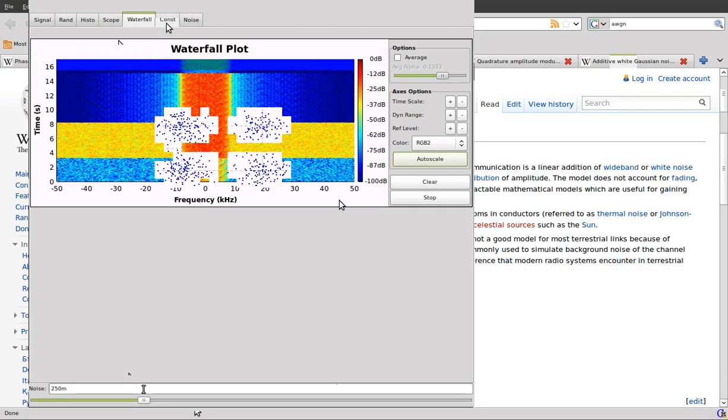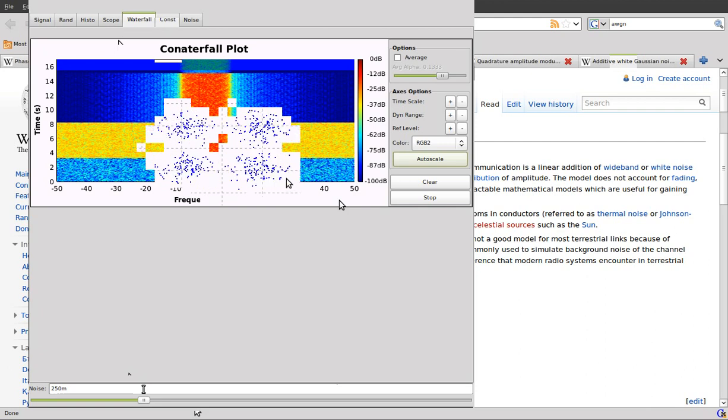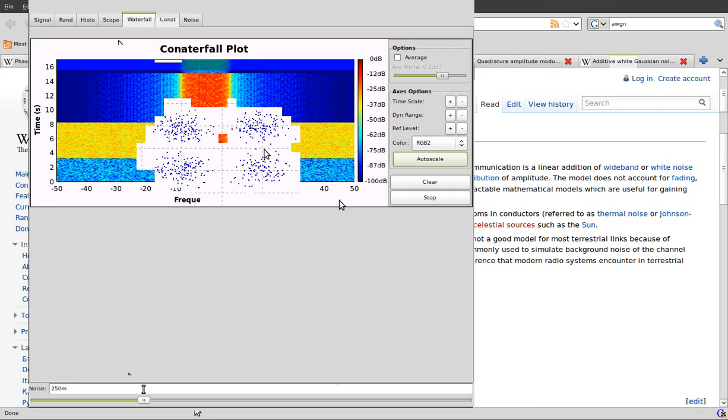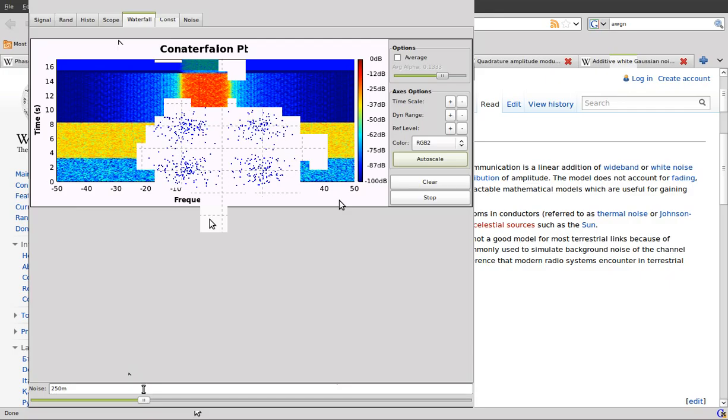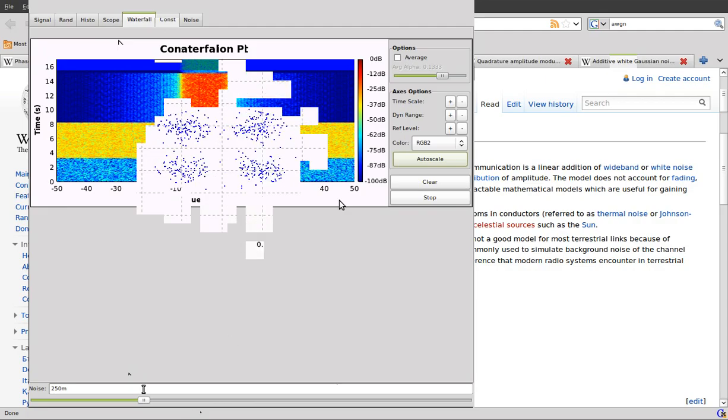And on the constellation plot, we see that our symbols have started to spread out now. So they're no longer as tightly packed as they were. There's less of a separation, and this is what you will commonly see when you sample signals in the wild, because they will inherently contain some noise. If we change the noise, you can see that they come back together, and the more you increase it, the